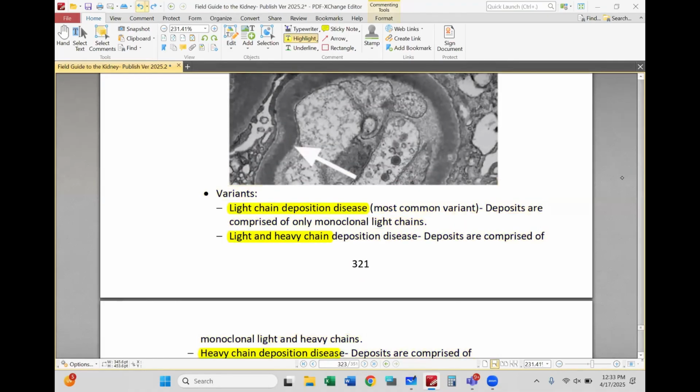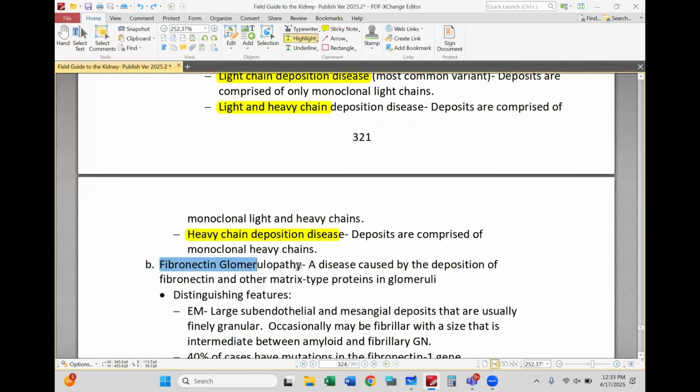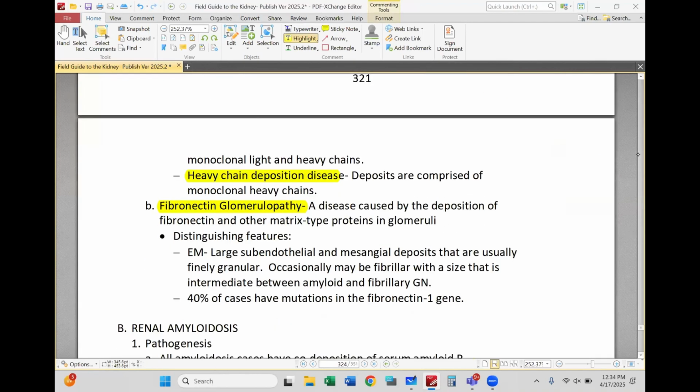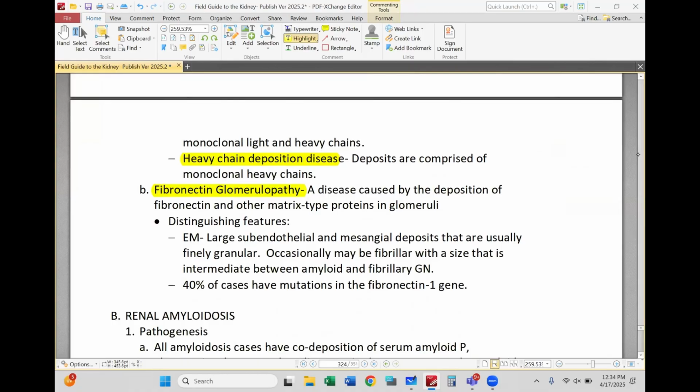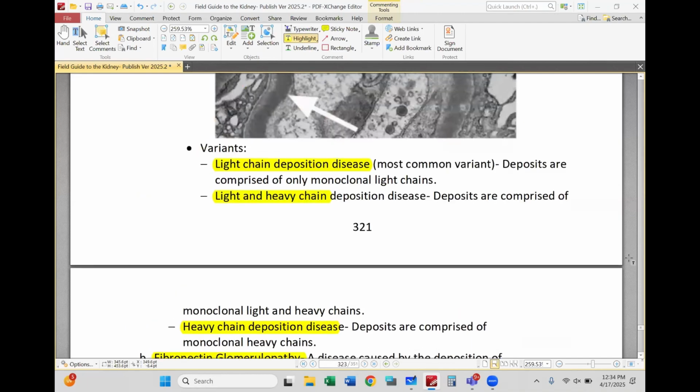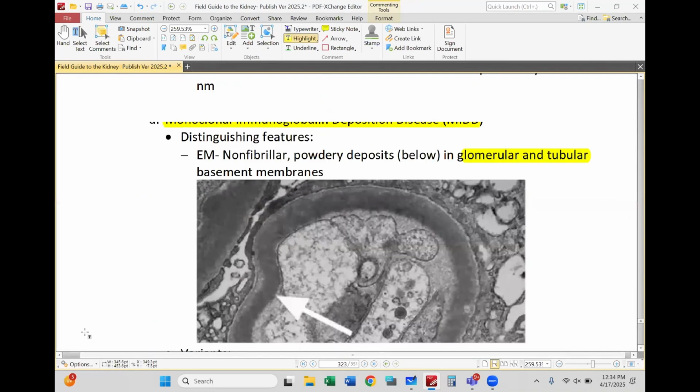non-organized deposition diseases. Much more rare would be these esoteric things like fibronectin glomerulopathy, which is a disease of matrix proteins, and that has these unusual deposits that are present, usually disorganized, but might have a fibrillary appearance. And they may arise from detectable mutations in the fibronectin gene. That's all I'm going to say about this very rare condition. All right, so let's go back to